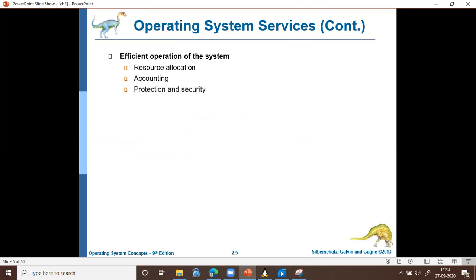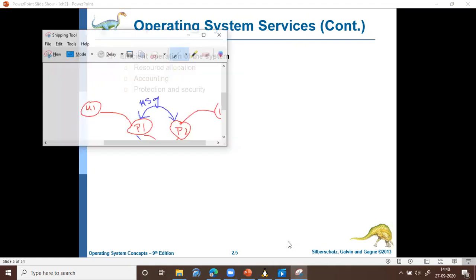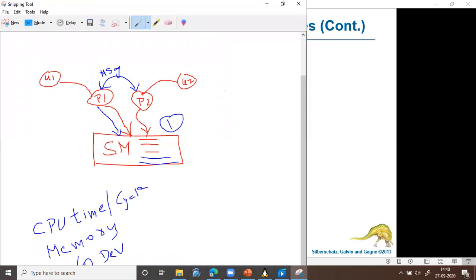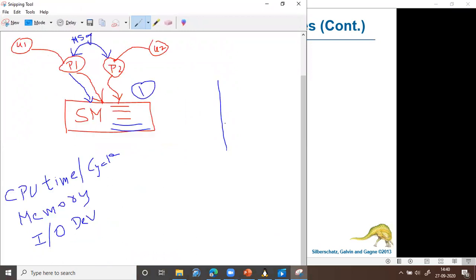The next is protection and security. So what is protection and what is security? We are using two terms, one is protection and the other one is security. Protection basically ensures that access to the resources is controlled in a given environment. Within your particular system, the resource access should be controlled.